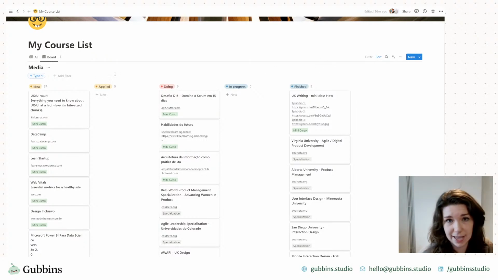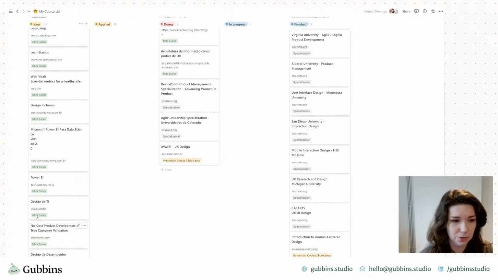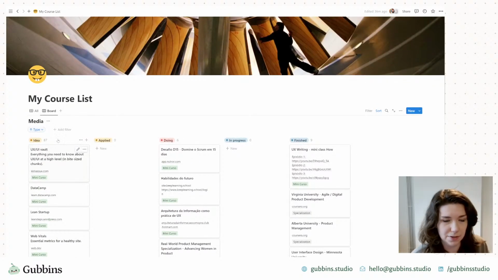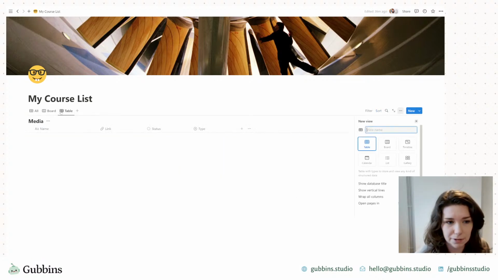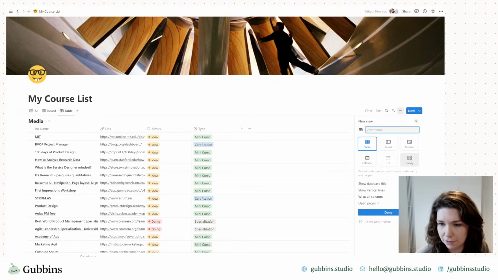Another view that I think is handy if you've got something like this where you're doing like 100 things at once, and I'll create a new view to show you this, is just a what-I'm-working-on-now view. If you have a dashboard, which we'll get into in a bit, having just a quick snapshot of where you are now is super helpful. So I will click this plus to create a new view. And for this, I would recommend gallery, I think.